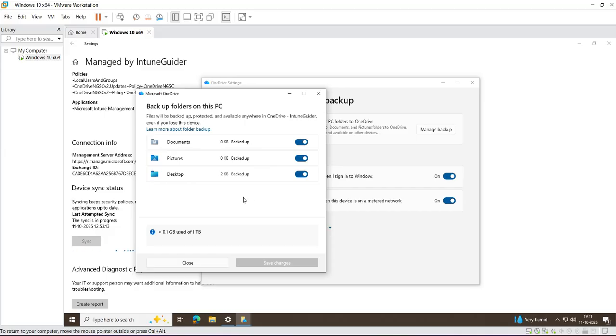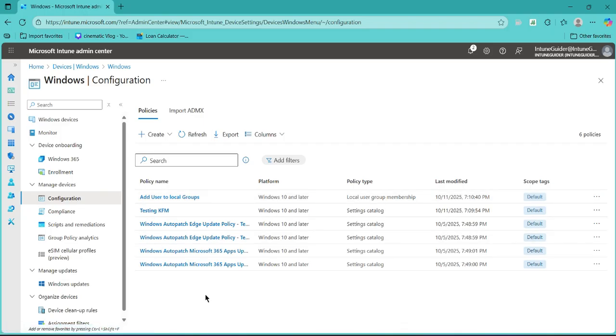and it will make sure three folders are backed up. After that, we will also create a proactive remediation part which will cover and make sure that these three options are enabled and the user is logged in to that OneDrive. Also, it makes sure that OneDrive is running. So let's get started. First, we will create a KFM